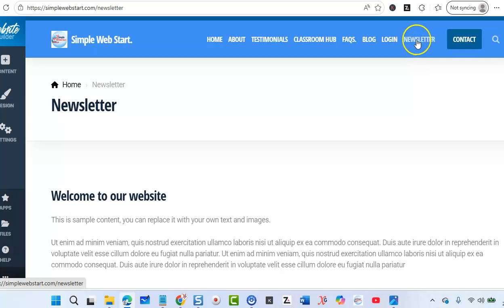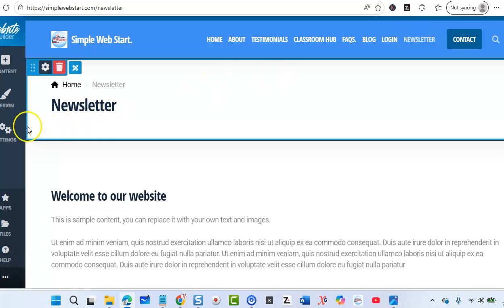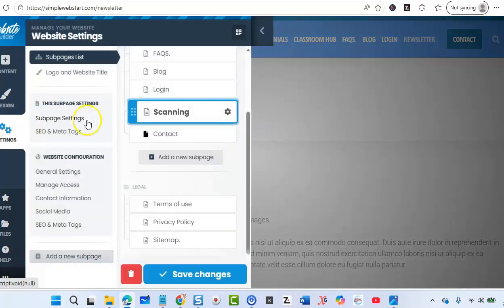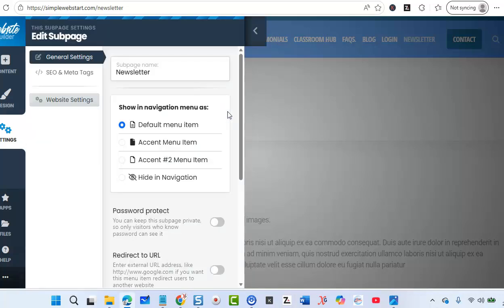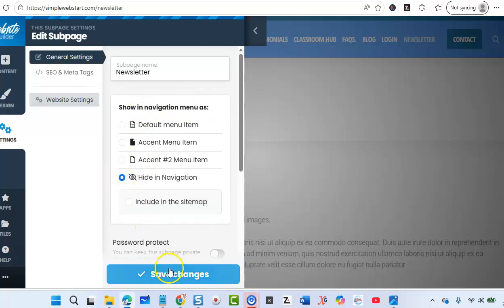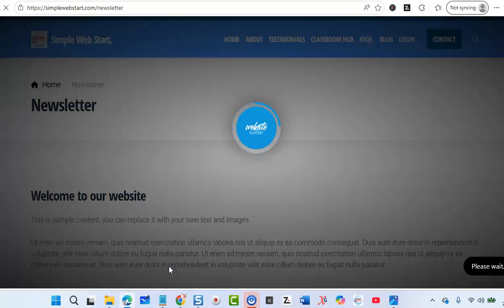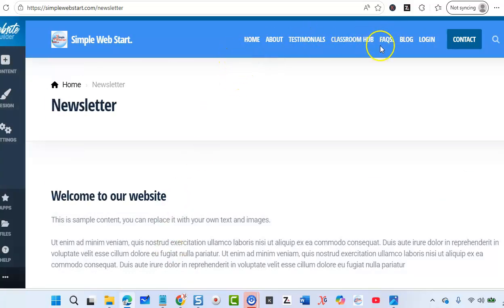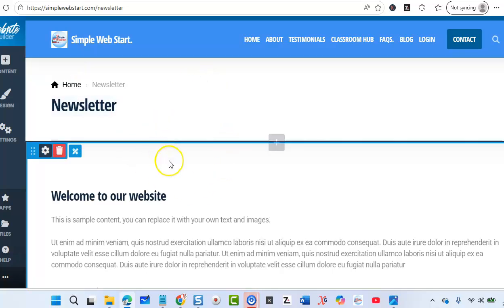Now if you want to work on this page before you actually see it up here, you can go back to settings, go to where your newsletter page is by clicking this cog here, click that, and then you can hide it in the navigation and save changes. And then as you can see, it's not there and it's not live on your website, but you can actually